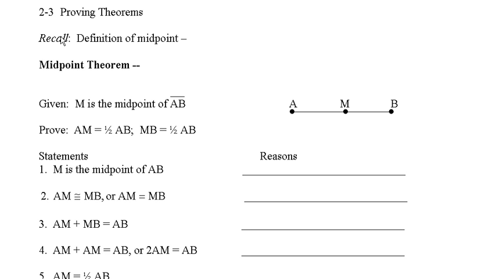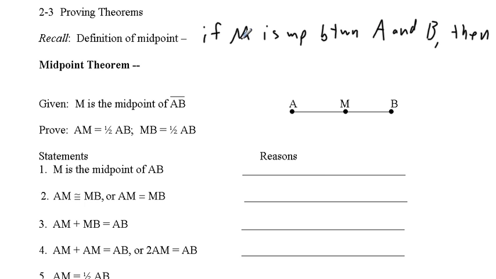Section 2.3 in our book here is entitled Proving Theorems, and what we're going to be going through here is how we go from knowledge that we already have about geometry and algebra and use it to find new information. So if we recall the definition of midpoint, we said that if M is a midpoint between A and B, then AM equals MB,